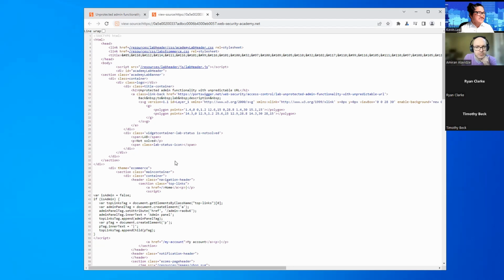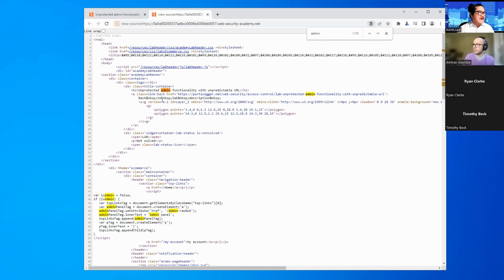So we were told that there was an admin endpoint in this app. So what we could do is we could search this by doing a search command, which is Control F, and maybe we want to look for any instances of admin inside of this app.